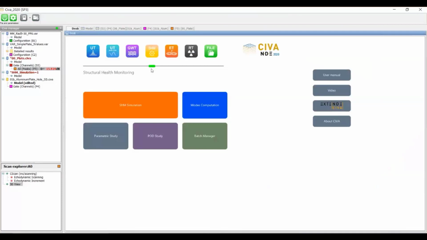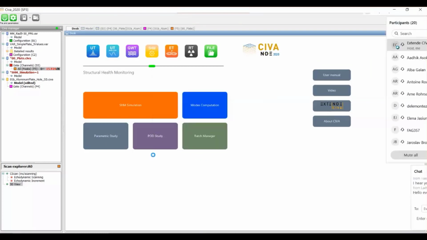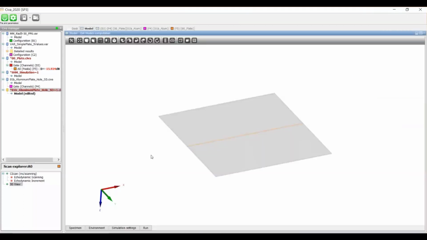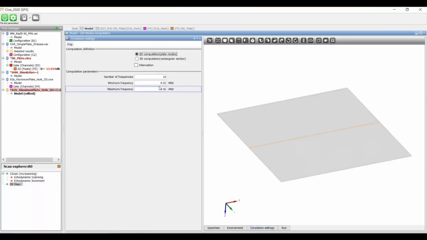In the SHM module, a mode computation tool is also provided to compute dispersion curves. Let's quickly have a view on it. Let's keep the configurations. For those who are familiar to the guided wave NDT modules of Siva, well, it's a similar one. So it's a quite fast calculation tool.